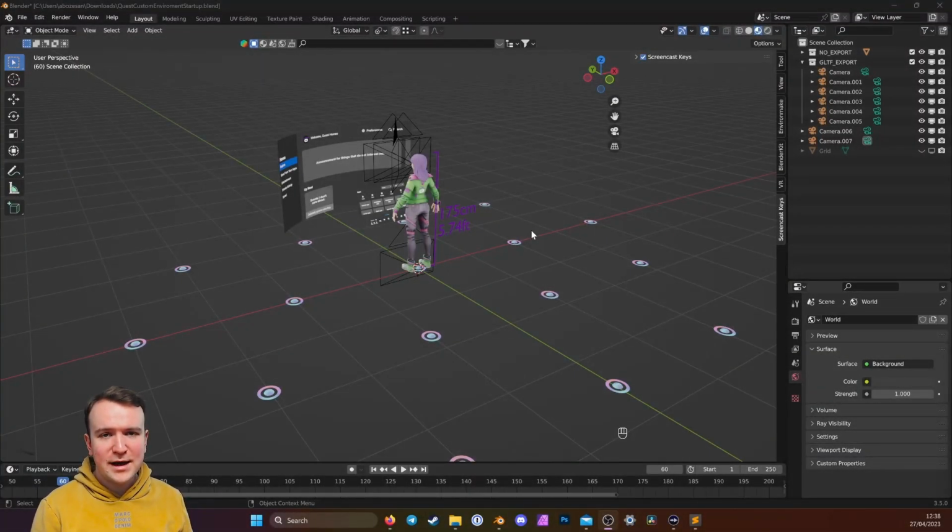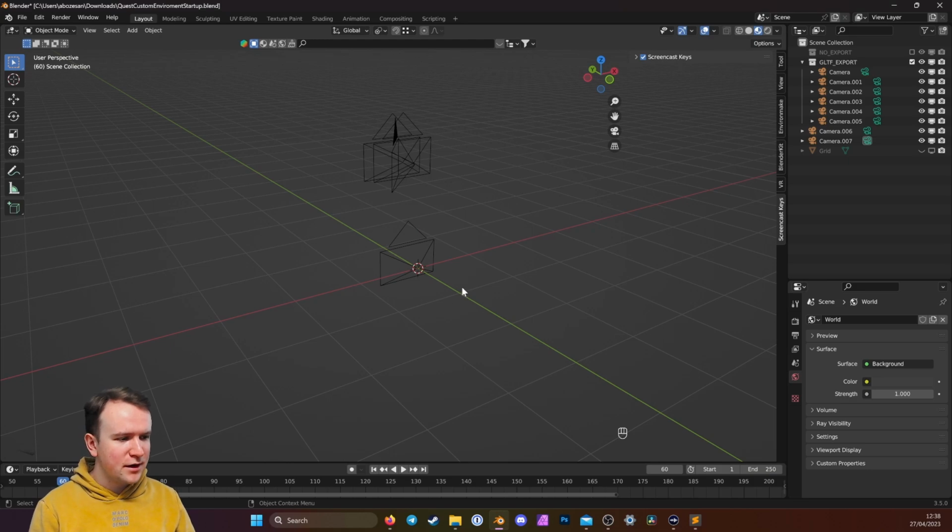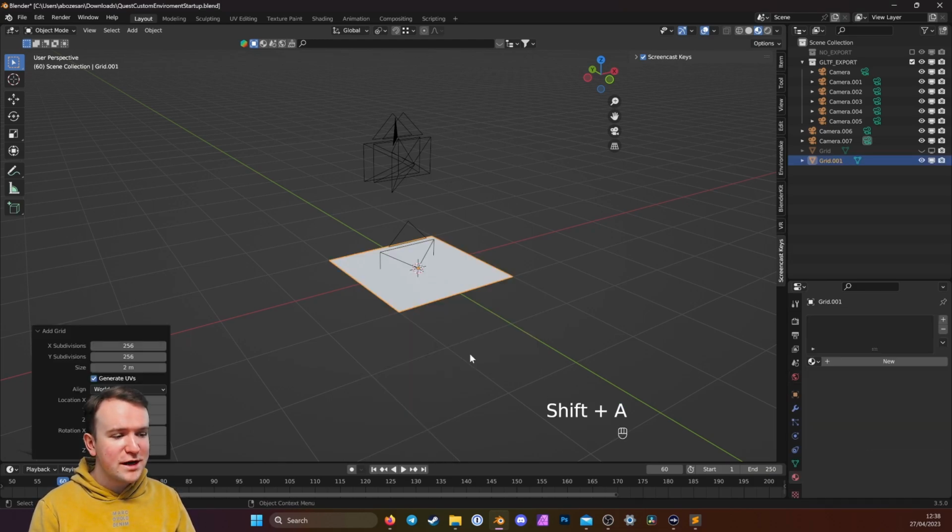Now, in case my add-on doesn't work for you for whatever reason, or you want to just do it manually, here's the long version of how to do this. So first I'm going to hide all this template stuff. We don't need it right now. And now in the center of the world, I'm going to Shift-A, a mesh, a grid, and give that grid 256 subdivisions each. So make sure that's on 256, and the size can be 2 meters.